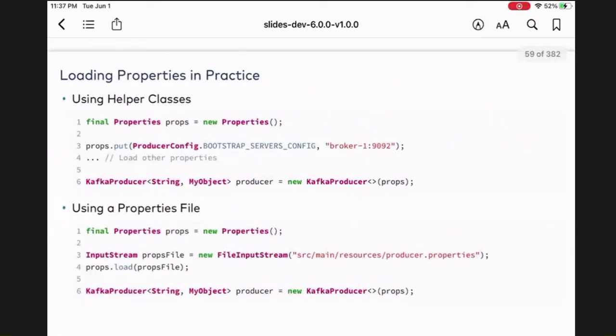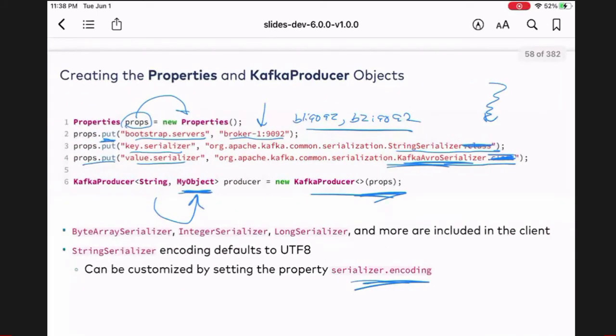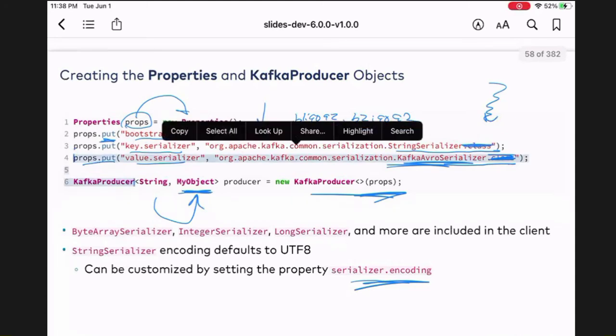This is saying that you can use the helper classes. I really like to use the properties. I don't like to put my properties inline. I typically like to put them in a different file. In this case, this is talking about the producer config. That's a helper class. So instead of doing what we did before, where you instantiate a properties object and then pass in each one with props.put,